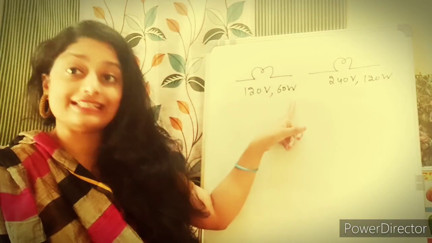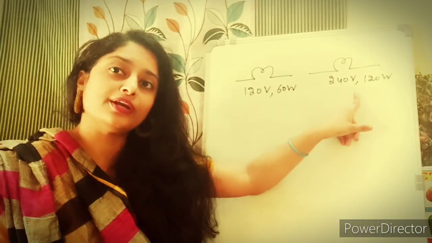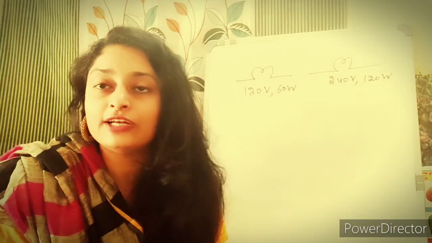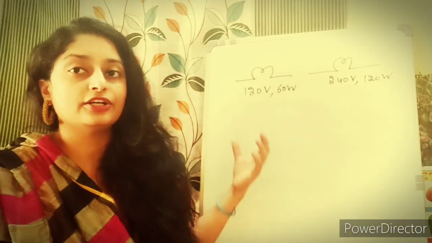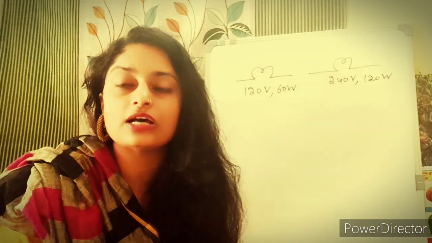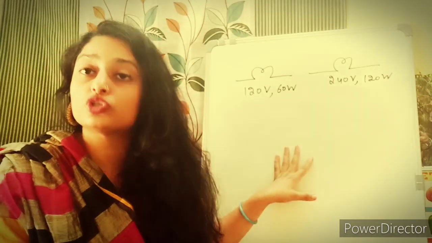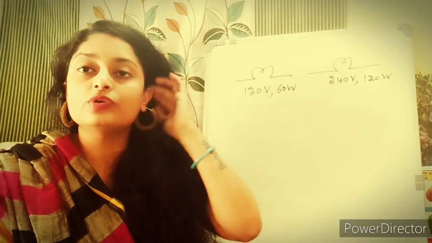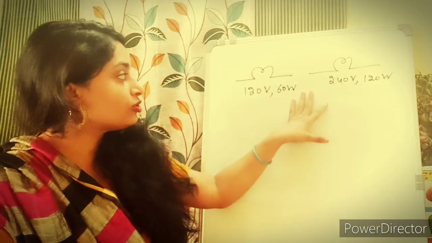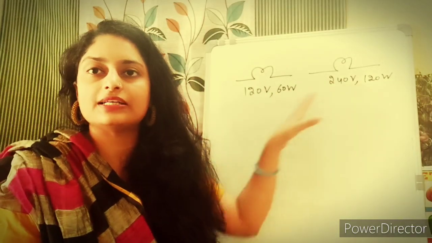One is 120 volt 60 watt and one is 240 volt and 120 watt. This time the different voltage value is also given. They are not connected to the main supply. Last question when we did, I told you the main supply voltage that was 230 volt, and I told you कि voltage दोनों में divide होता है, current same रहता है, but वो हमें दिया हुआ नहीं था. In this question the voltage is given and the power is given.